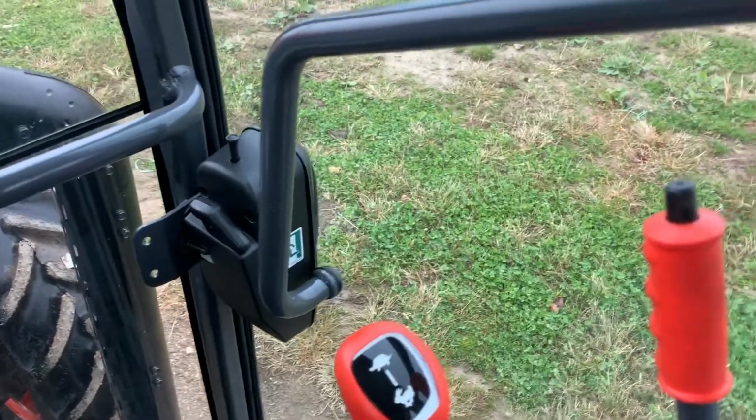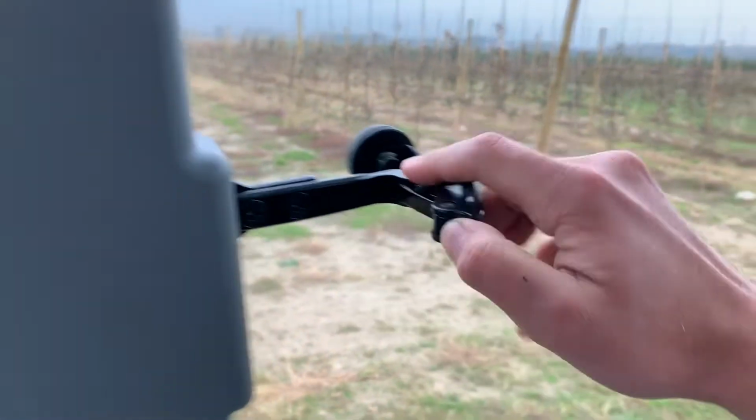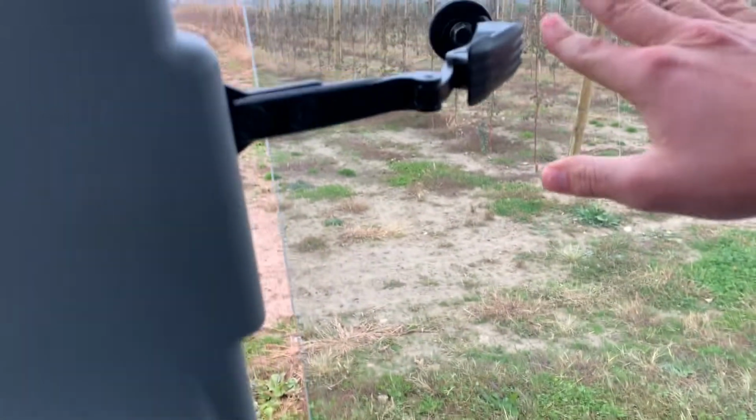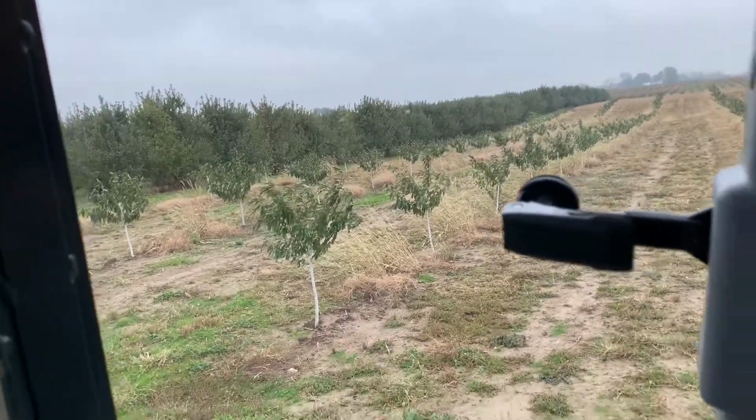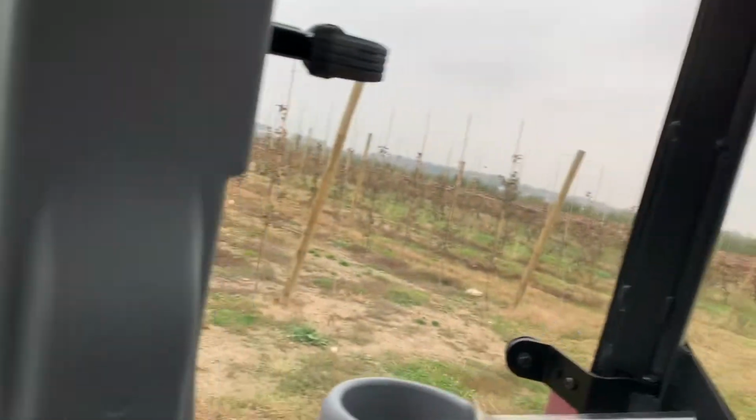Both doors open, and each one of these sides you can crack open. If it's a hot day, you don't want to run the air, you can get air through this way. This window does the same thing. This back window opens up, flies out. You have really good visibility. The only problem is the